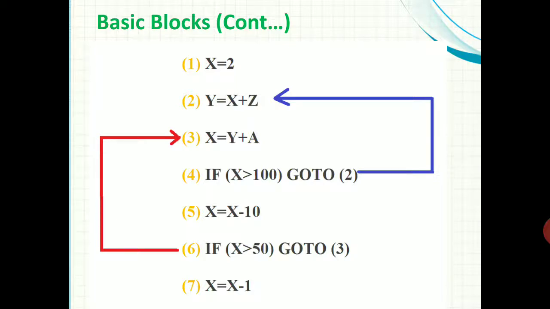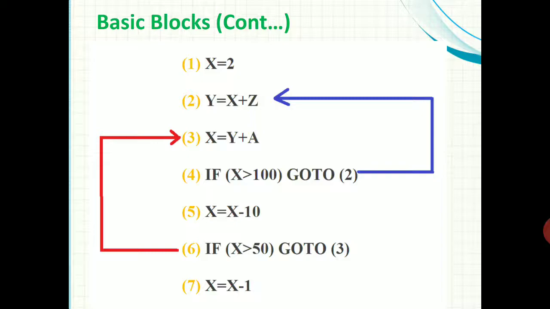We cannot combine the first instruction and the second instruction into one block, because if the condition at the fourth statement is satisfied, the only instruction that needs to execute is 2. So there is no need for the first. If we combine the first and second instruction into a single block, it may unwantedly execute the first statement. So we cannot combine the first instruction and the second instruction into one group.